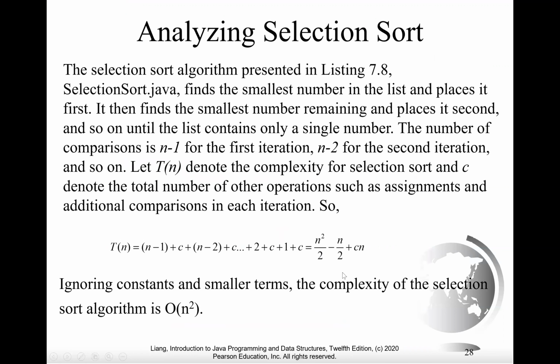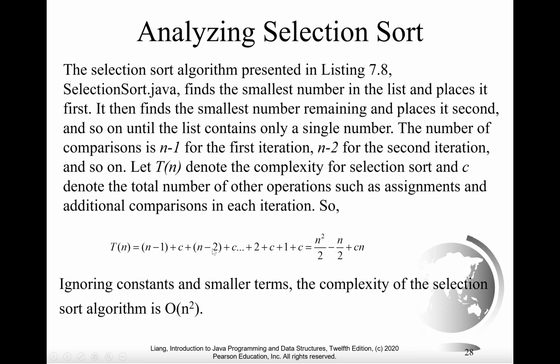And for the time complexity, we're going to use T(n) to denote it. So T(n), the first time, is for the list of size n. The time to find the smallest one is n minus 1 comparisons, and this is the constant time C to perform the swap. And then the size is reduced to n minus 1. So picking the smallest element in the remaining n minus 1 elements takes n minus 2 comparisons,